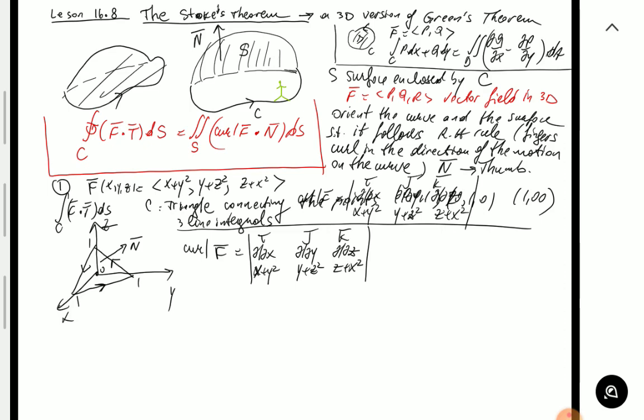And partial y is not going to be that bad, 2y, right? The middle one also will have some 0 because partial x of the middle component is 0 and so on. So I can expect that actually the curl would be relatively easier. Let's actually just compute it, because if I'm going to proceed with Stokes theorem, I'm going to integrate the curl,